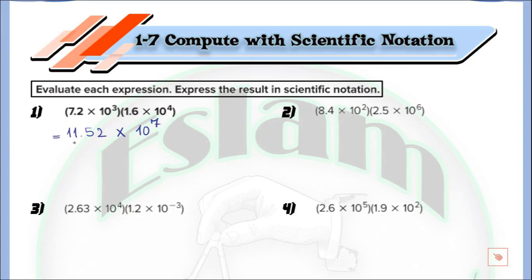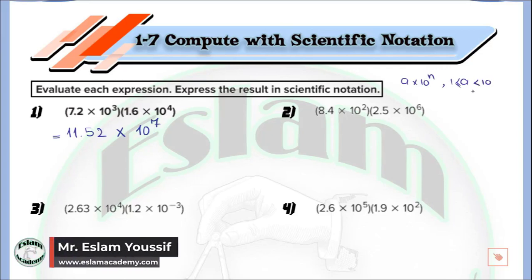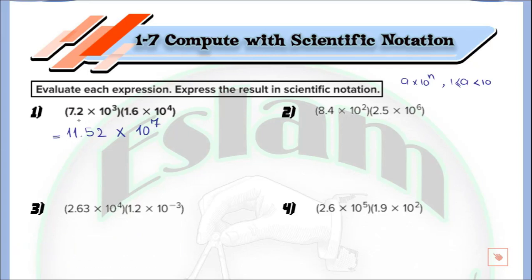You will find that 11.52 is not in scientific form, because we said that in scientific form we have a multiplied by 10 to the power n, and a must be greater than or equal to 1 and smaller than 10. It means we just need one digit at the left of the decimal point. So we have two digits here. We will move the decimal point between the 1 and the 1. So it will be